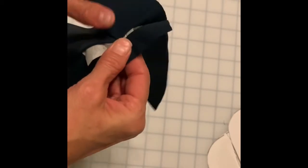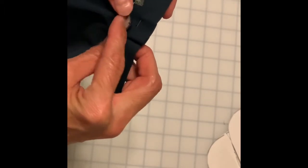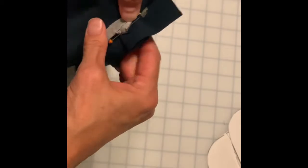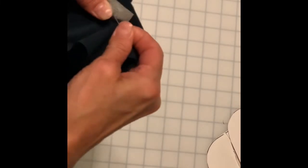there's actually, let's see if I can find that. That little triangle piece that we cut when we cut back at a 45. It's really good to take that pin across there because you really want to try to catch that when you stitch it. So you're going to actually pull that back and you're going to stitch from there to there, and that's going to cover and catch that pleat that you just made or that fold up that you just made and keep that permanent. So what I'm going to do is transfer that pin from that side to that side,